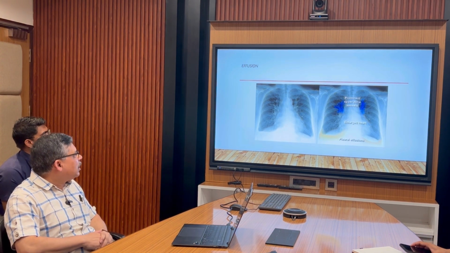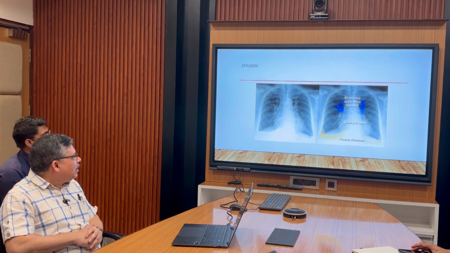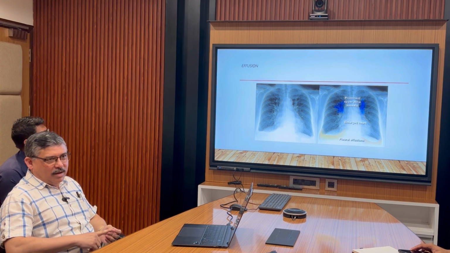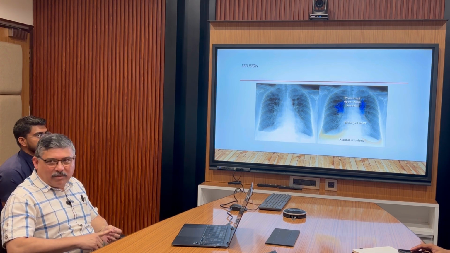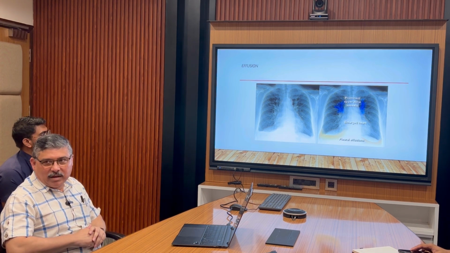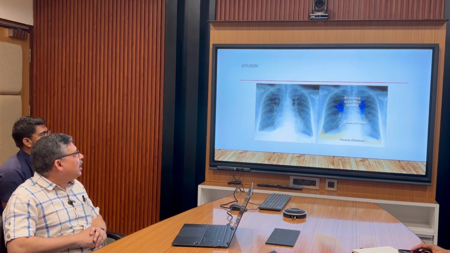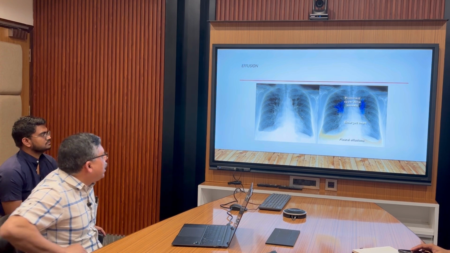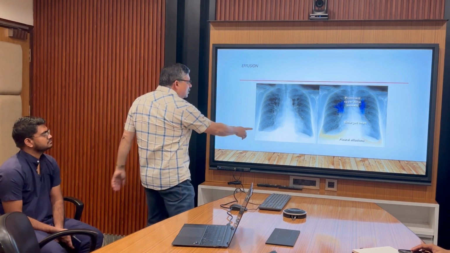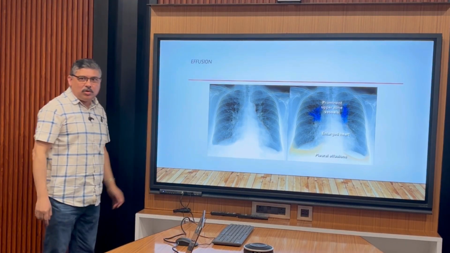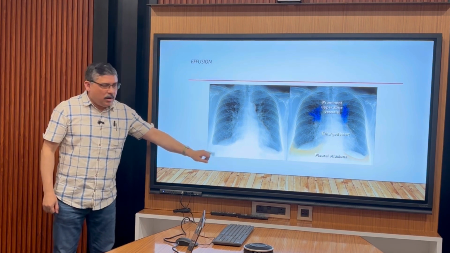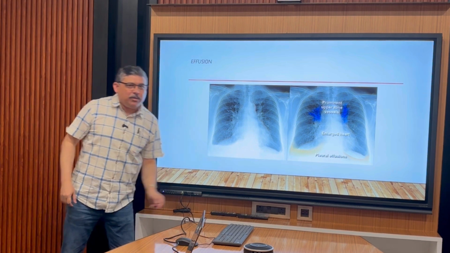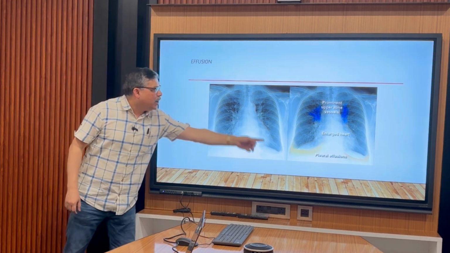So can you tell me what is there in this heart? Is there a cardiomegaly? We will have to measure, but there seems to be a cardiomegaly. And you see, both costophrenic angles are obliterated. It should be an acute angle. These are not acute angles. This has been obliterated. So there is bilateral pleural effusion with a cardiomegaly,